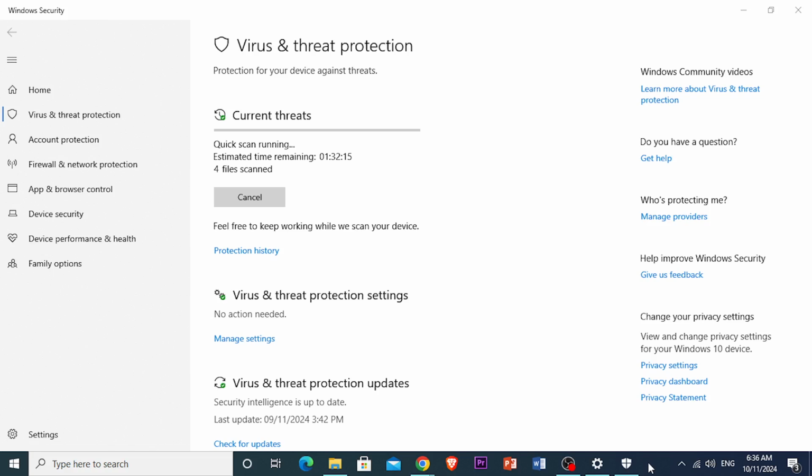4 files scanned, 5 files scanned. Look at this. It has protected my PC. So far, I've never had an